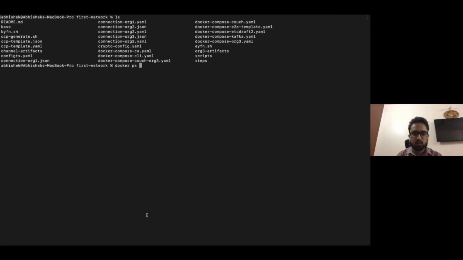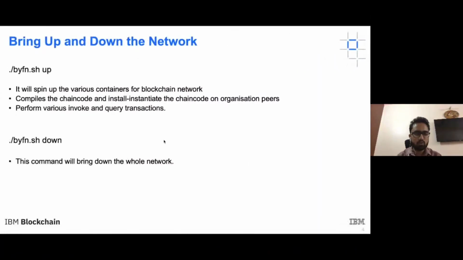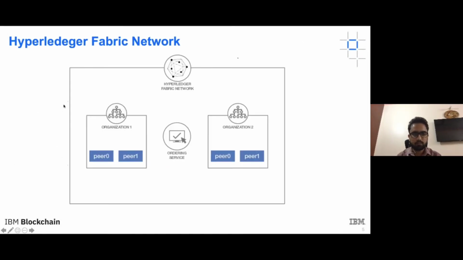Okay, now if I do docker ps over here, as you can see, there is no container active as of now. So now we are going to do all the steps that we did in this script manually.